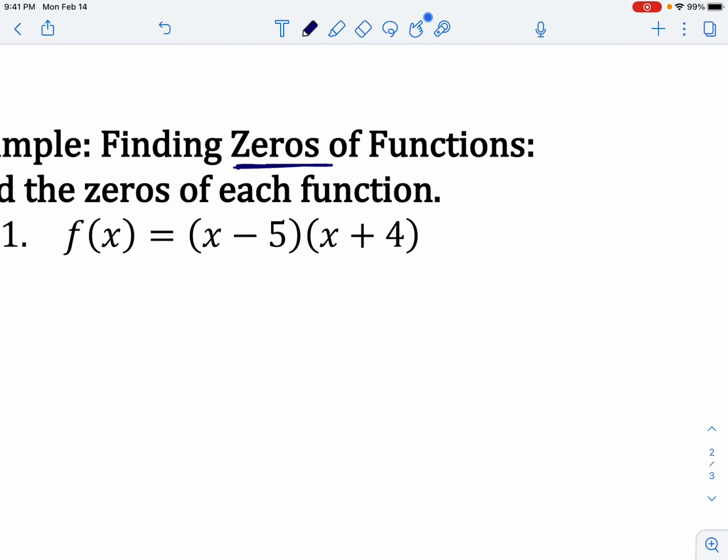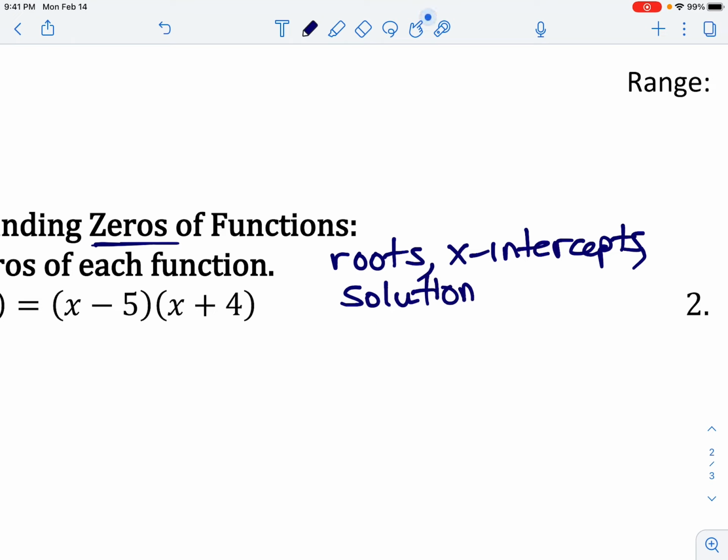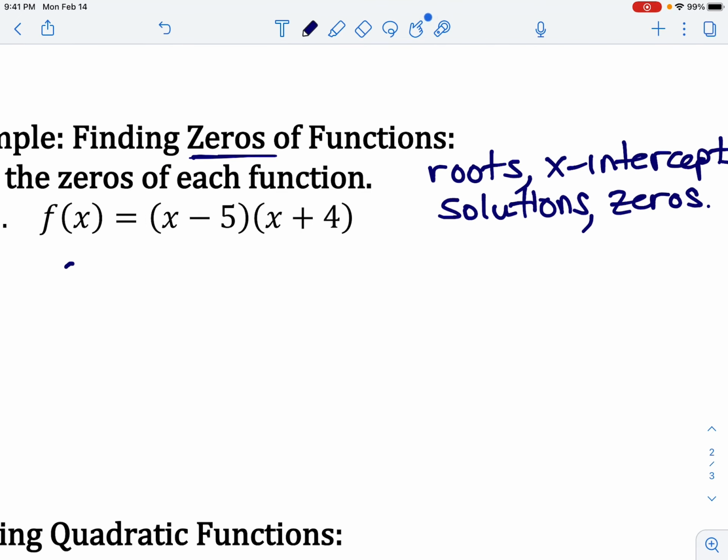To find the zeros, remember, we're looking for the roots. These are also called the x-intercepts or solutions and zeros. So these are all called the same thing. They all mean the same thing. So if I say find the roots, find the x-intercepts, find the solutions, or find the zeros, that means to find the same thing. So it means that we need to set this equal to 0